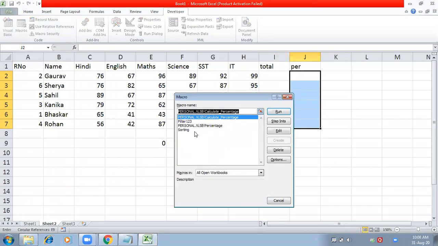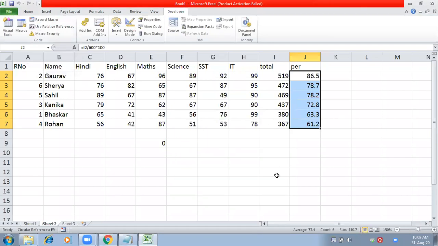Macro, personal percentage, run. Now it is getting calculated. I think earlier I had not done it in the correct way. Maybe I had not calculated the total properly. That's why it was not calculating the total. Now it is calculating. Is it clear to everyone what is the use of macro? Yes. And how can we record a macro? Yes. Okay.